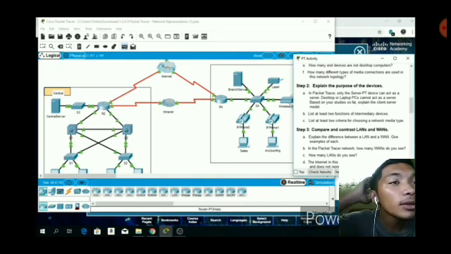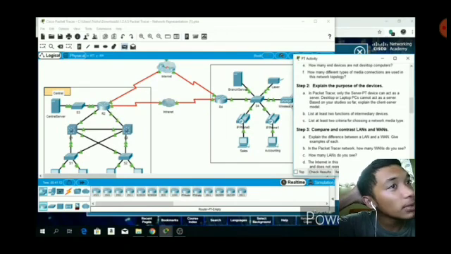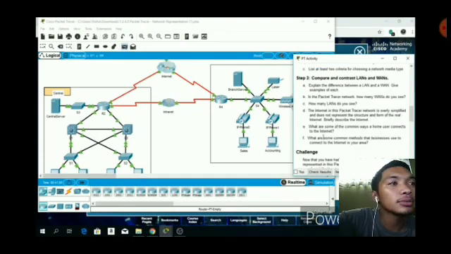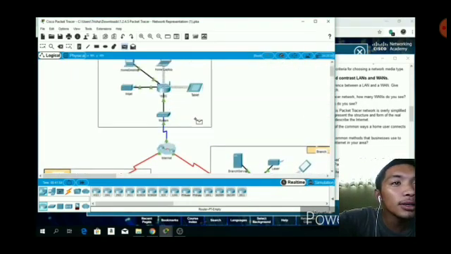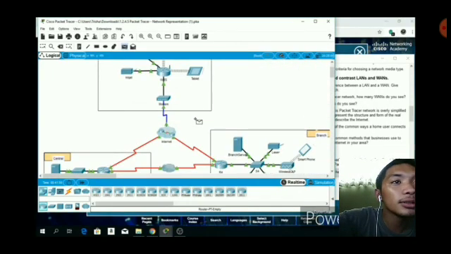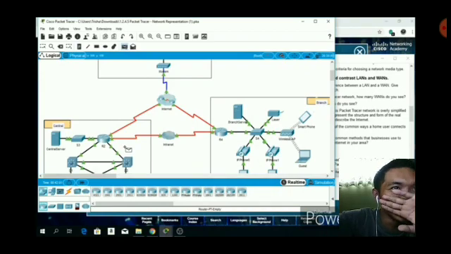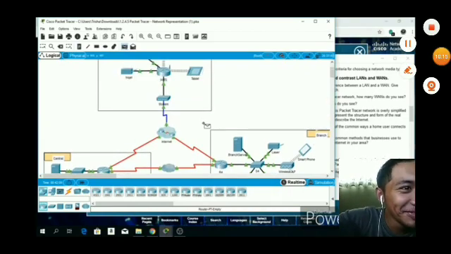Letter F, what are some common methods that businesses use to connect to the internet in your area? So, what are some in their area? For this challenge,